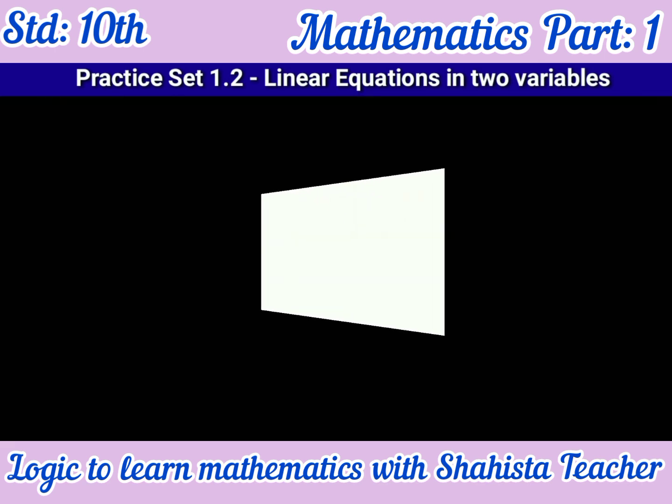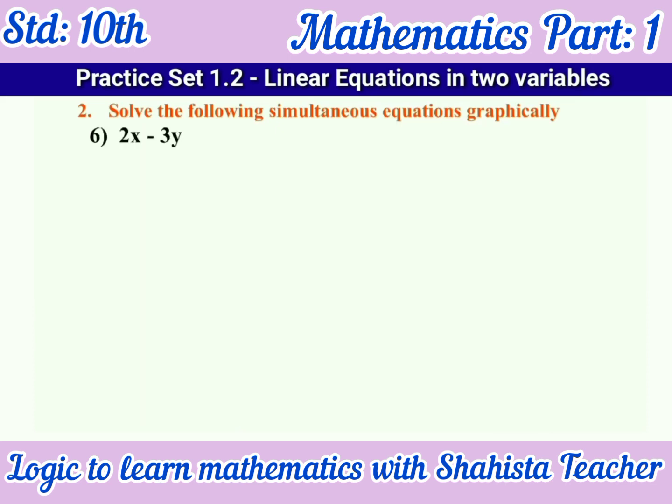Now similarly we will solve sub question 6. Here 2x minus 3y is equal to 4. The 4 is on the right hand side and it is positive, so if it moves from right to left, it will become negative. So 2x minus 4 is equal to 3y. Therefore y is equal to 2x minus 4 on the numerator and 3 on the denominator, so y is equal to (2x minus 4) upon 3.